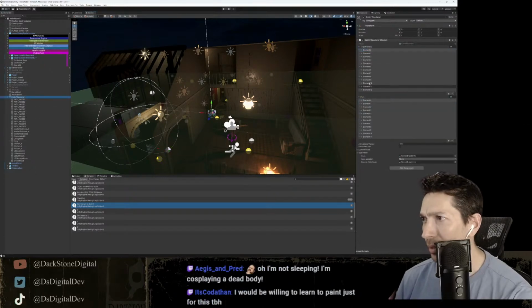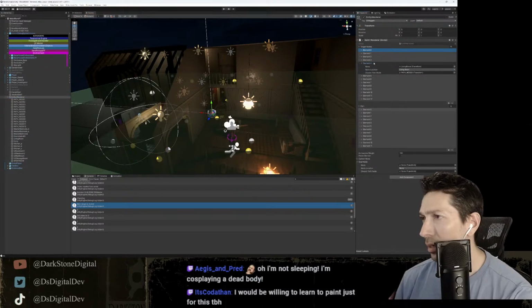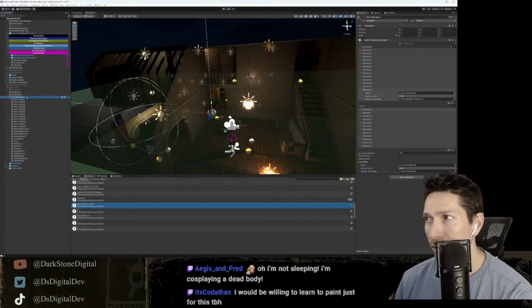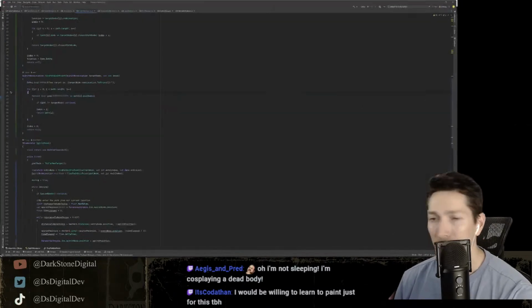So when I go to my target nodes, I think entry is the last one. Yeah, entry, but its closest path node is path node 6, which is right there. So we go through here, we get path node 6, and then I have to... wait a minute. Am I dumb? Hold on. Because we're going through path.